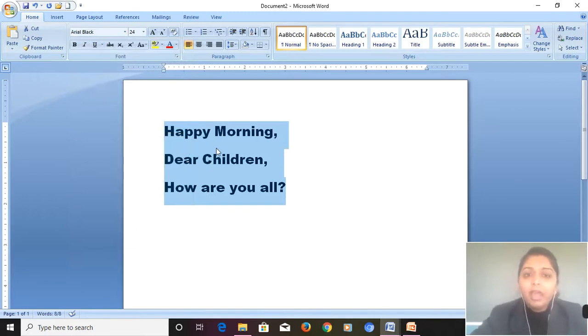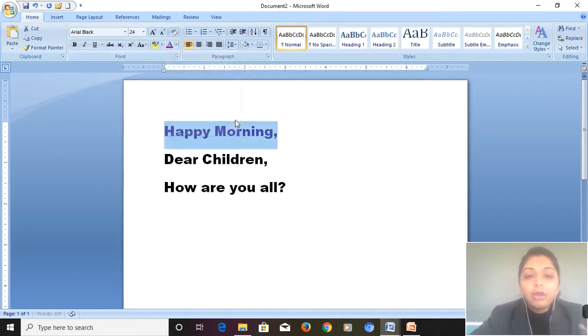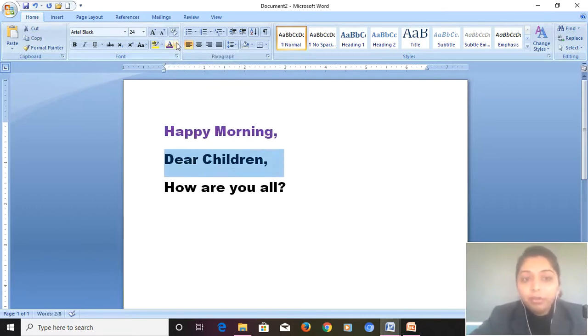Then we are having the font color also. अब black color नहीं चाहिए, we want different colors. Okay, for suppose we want happy morning in a different color, so we will select it. Here we are having font colors, different font color available to us. See, it's in purple. Then dear children, make it in a different color.